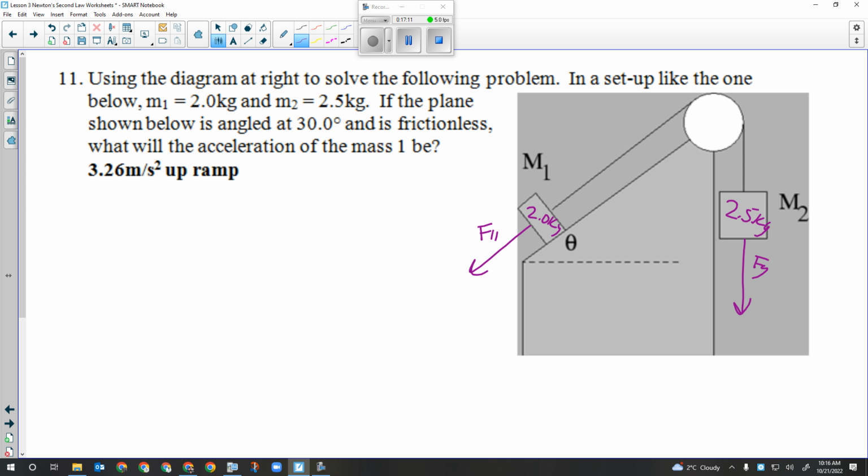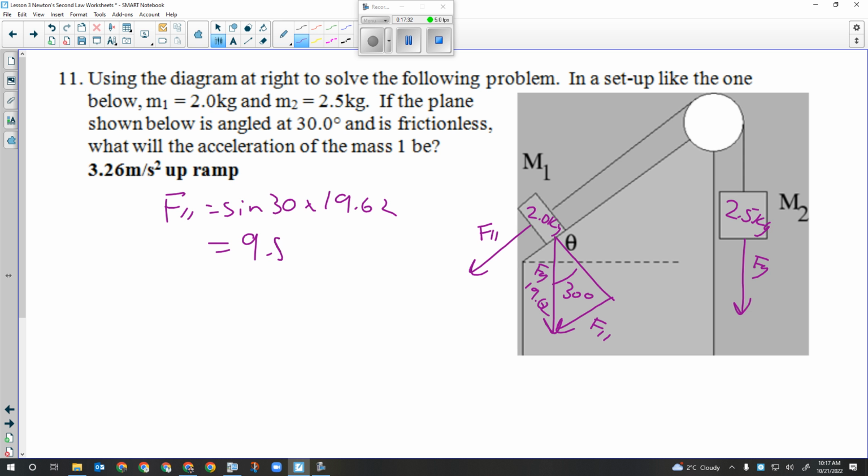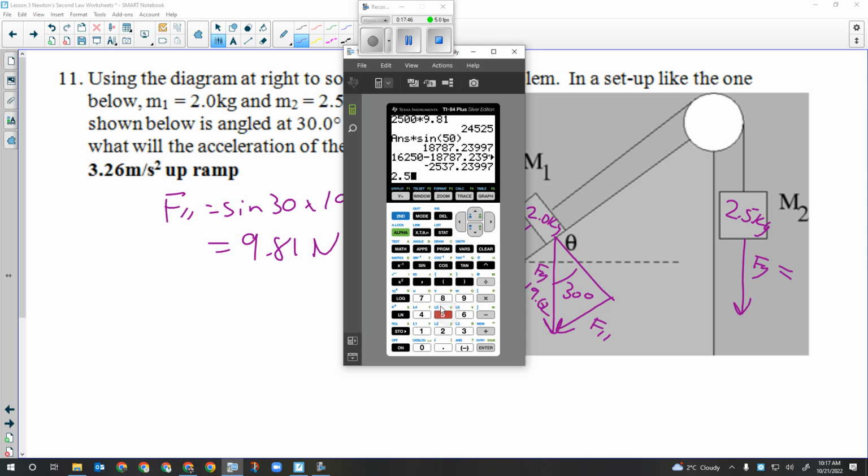Right? So I still have to calculate F parallel. It's a 30-degree angle. They told us that. So FG is going to be 19.62. And then F parallel is going to be here. This angle's 30 degrees. So that means that F parallel is the sine of 30 times 19.62, which means it's 9.81 newtons. Okay? So F parallel is 9.81 newtons. This force of gravity here is 24.525